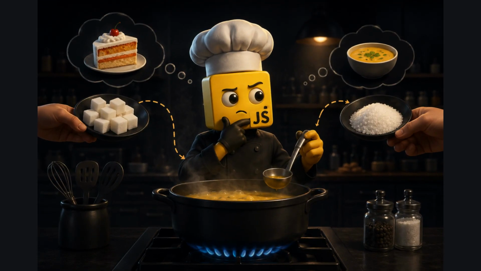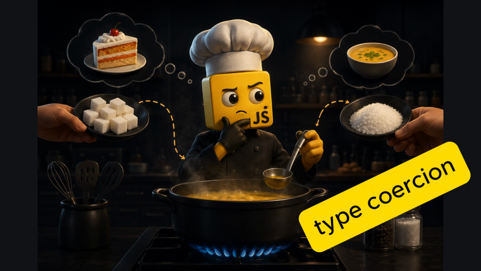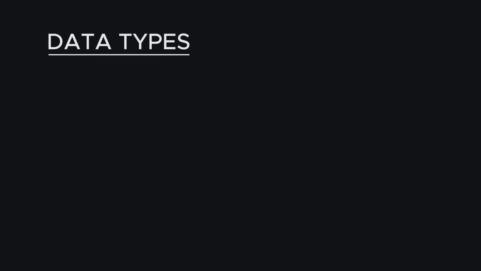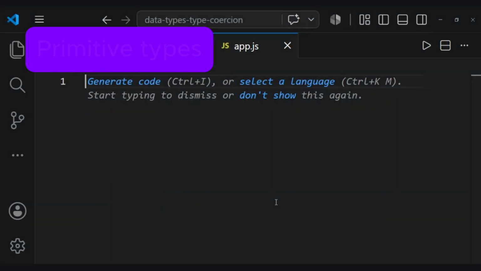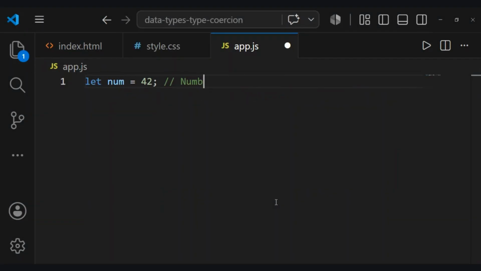Think of JavaScript like a chef in a kitchen. Sometimes it receives sugar, sometimes salt, and it tries to guess what you meant. That guessing is called type coercion. Let's build the mental model first. JavaScript has two main categories of data types: primitive and reference types. Primitive types are simple values, like numbers, strings,